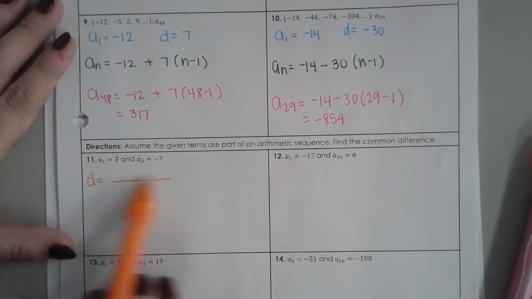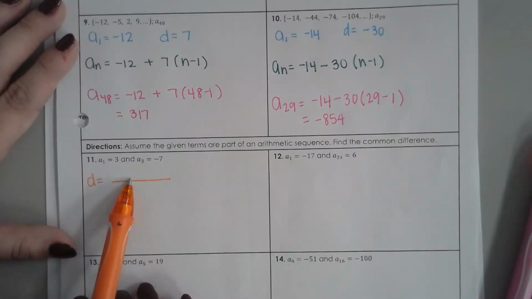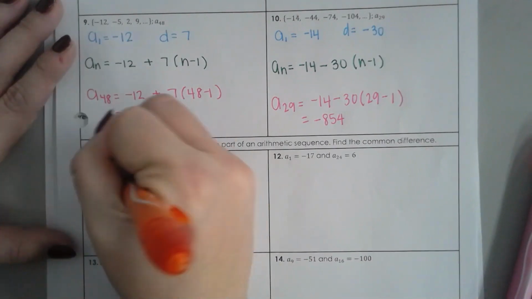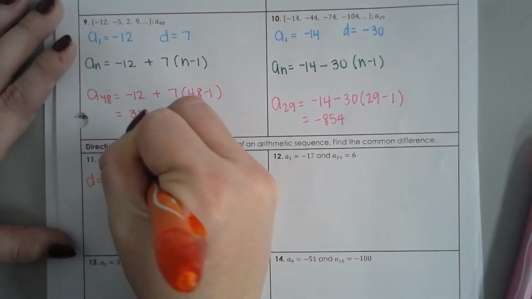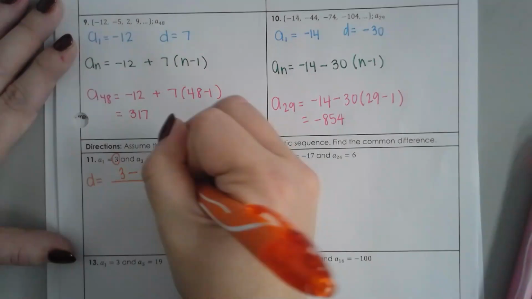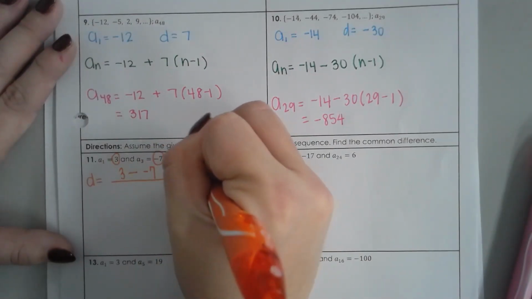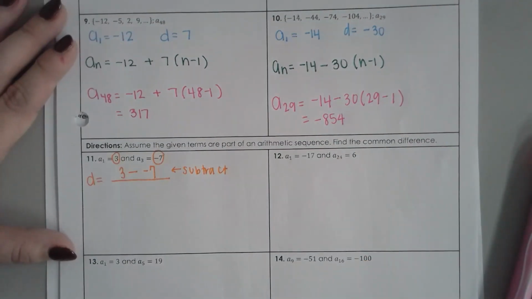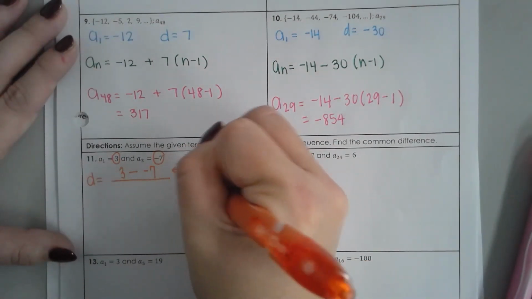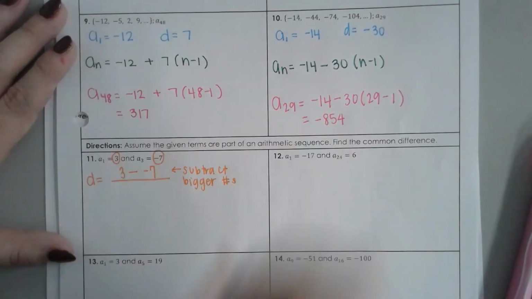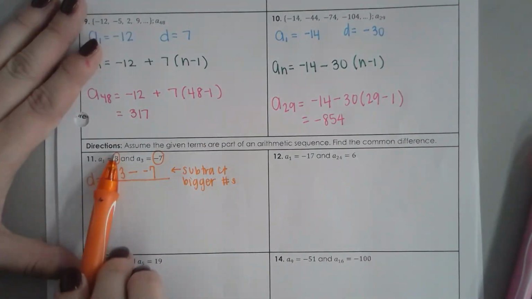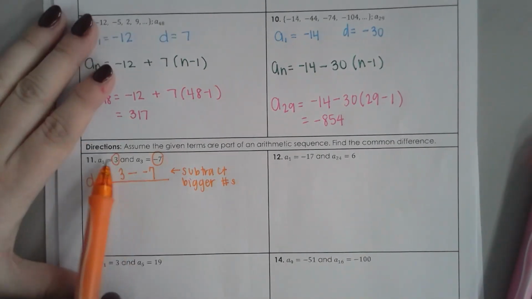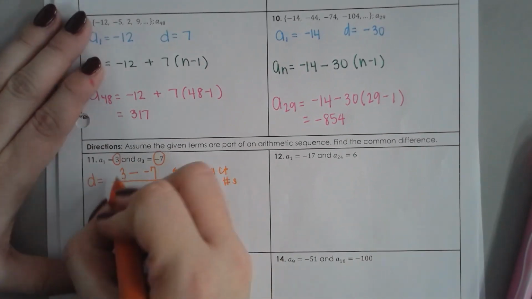The common difference, you have a fraction. On top of the fraction, you're going to subtract these bigger numbers. 3 minus negative 7. You subtract the bigger numbers. When I say bigger, I'm literally meaning the ones that are big, not the fact that 3 is bigger than negative 7. Like these numbers out here. And then on the bottom, you subtract